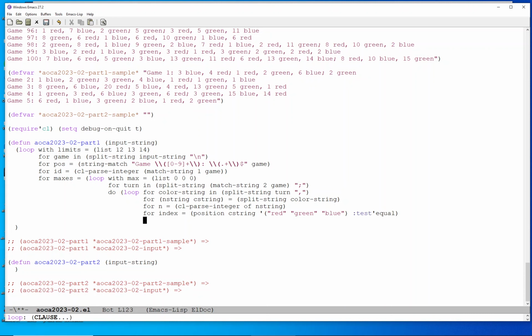So that's going to give us the index in our list that we're keeping as max for this particular color. And so when n is greater than the nth index of max, in other words, this particular turn has a larger number of this particular color,